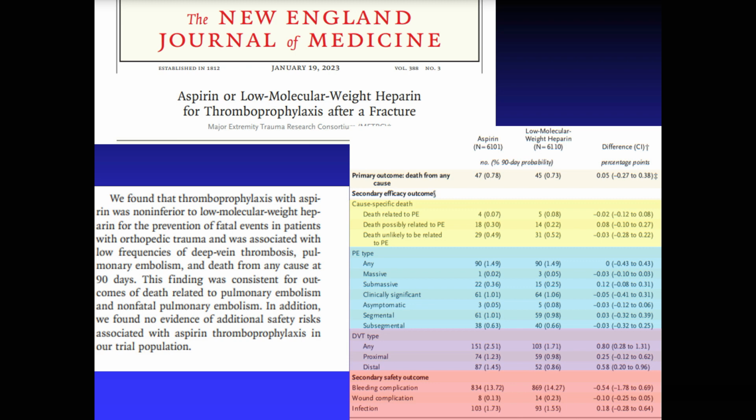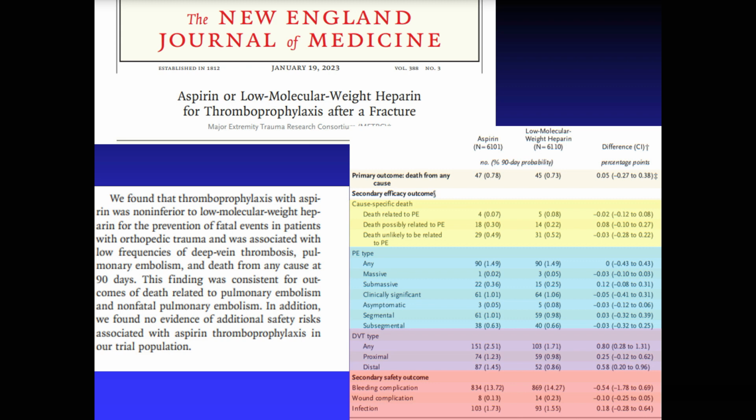Additionally noteworthy is the understanding that the BID dosing of aspirin was utilized solely to be better able to compare compliance with BID Lovenox, so that you had two BID meds, because obviously it'd be easier to be compliant with the medication you were just given once a day. Pharmacologically, one would really expect daily aspirin to be equally efficacious. So do we really need to dose these patients that we're going to continue on with DVT prophylaxis in the form of aspirin twice a day, or is once a day sufficient? Pharmacologically, one would argue that probably once a day would be sufficient.